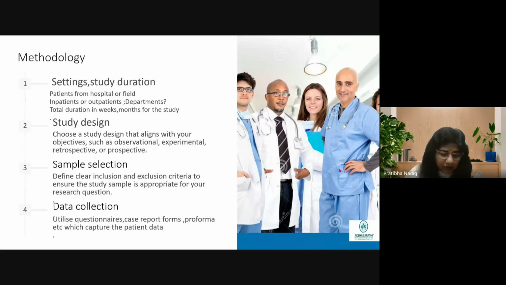You cannot say type 2 diabetic patients and then exclusion criteria type 1 diabetes. This also is very important. Mostly we commit these mistakes. Apart from that, you should also specify the age. If you want a particular age, if you want to do geriatric patients only, or if you want to exclude comorbidities, you want to study HRQOL only in diabetic patients, then you will exclude the people who have hypertension, who have other complications. So that you can exclude.